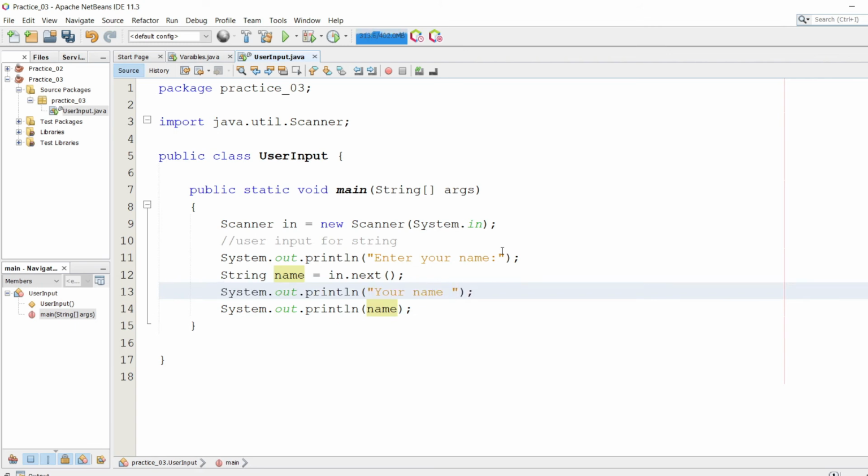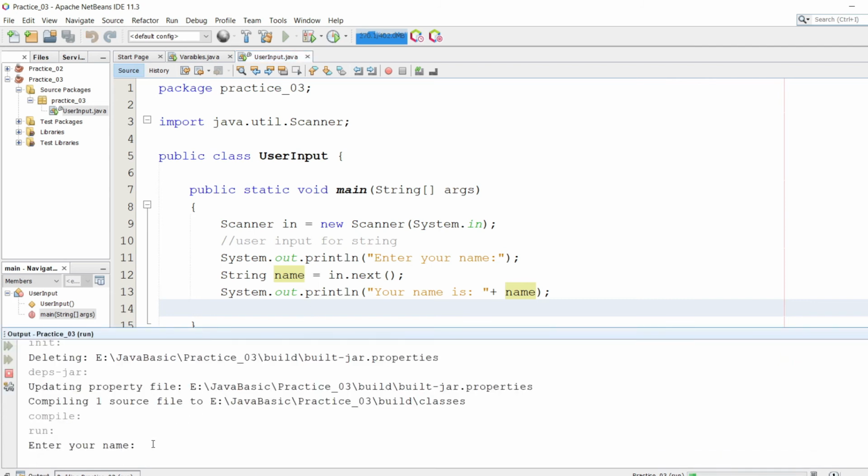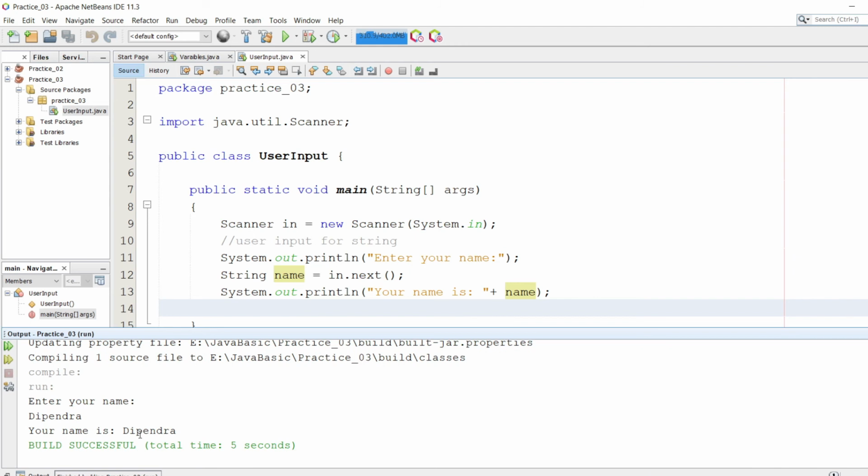Your name is, plus name, and simply we remove this. So let's now run this program. Enter your name. Your name is Deependra.